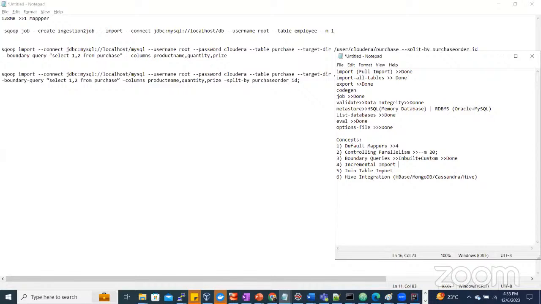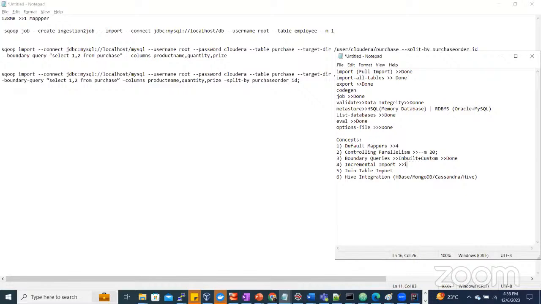Let's say 200 records are added. Every time I'm deleting the files from the target, it's because I'm doing a full import. In case of incremental import, we just import the newly added or updated data from the source into the target. Incremental import is of 2 types: incremental last modified,